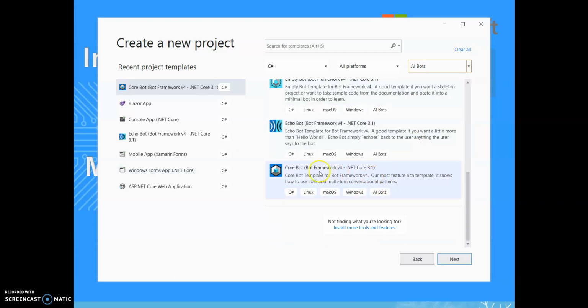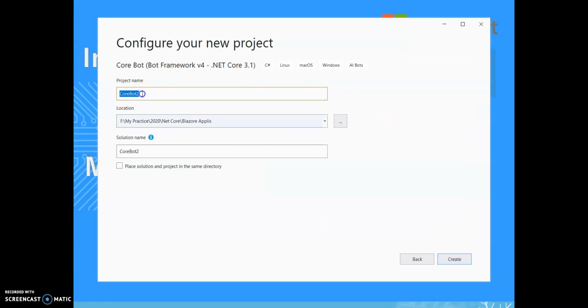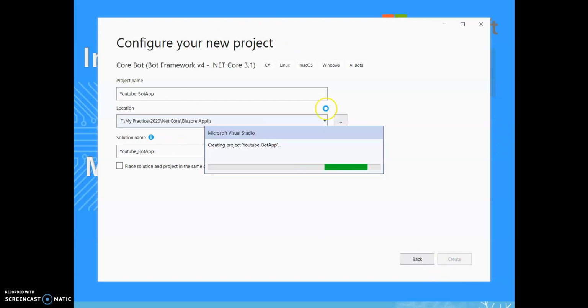Come down to the last one, Core Bot Framework version 4 .NET Core 3.1. Click on next, give the name. Here I am giving YouTube bot app. Click on create.